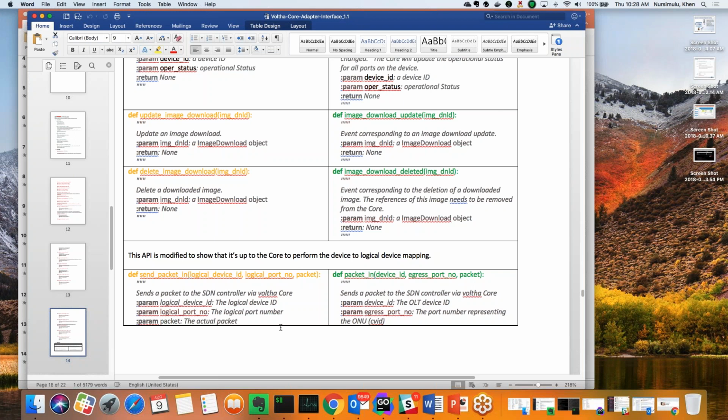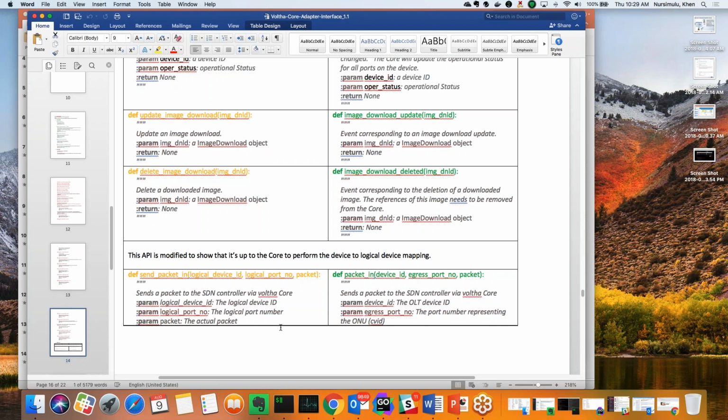No, the get ability will still be there. The event is more for cases where it should actually be an event instead of a command. For example, in the case of reconciliation, the core will still need to send a command to the adapters. And vice versa, if there's something that the adapters absolutely need the core to do, then it will come in. But in many of the cases, the adapter is doing something, and it should really be an event coming into the core. So in cases where it should be an event, it's an event. Otherwise, it will be the